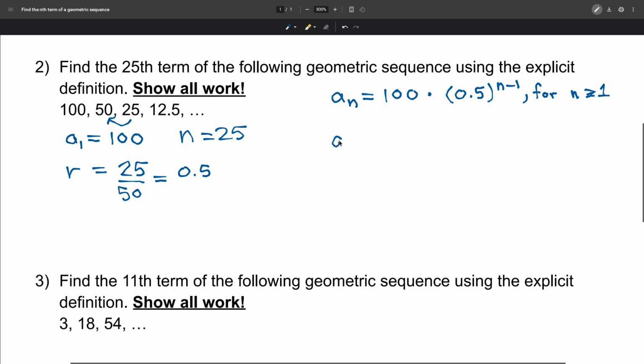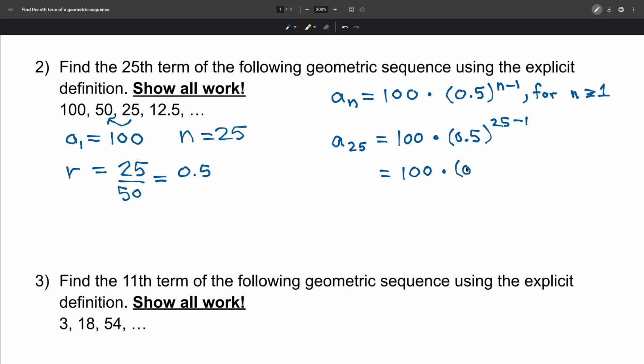All right, so our 25th term is going to be 100 times 0.5 to the 25 minus 1 power. So that's going to equal 100 times 0.5 to the 24th power,